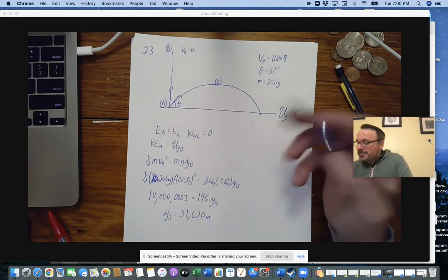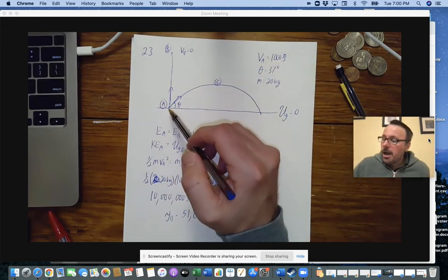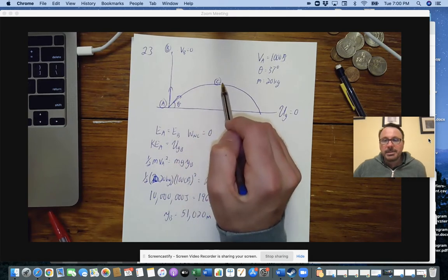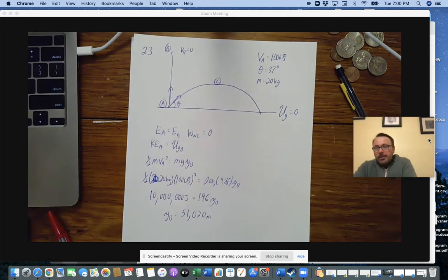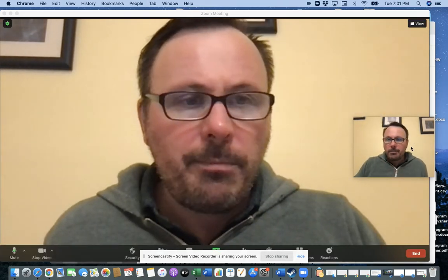So whatever. Now, point C is interesting because I knew the speed went to 0 at point B, but the speed here is not going to be 0. So how are we going to resolve this? Well, remember I said the theme for these problems is using our previous physics knowledge here. What I will know is at point C, the speed at point C is just the horizontal component, right? We know that VCY would equal 0. So VCX at that point,